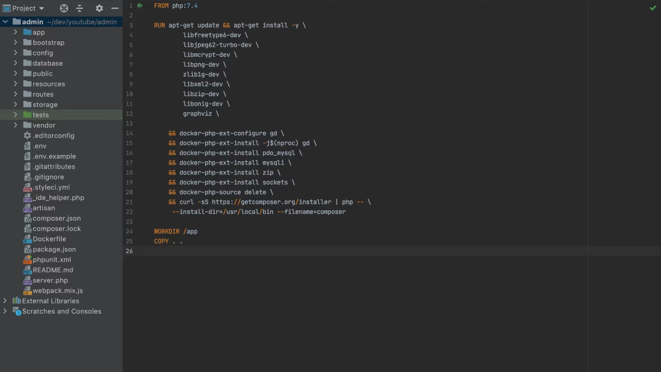Once I copied all the files, I need to run Composer install. So run Composer install. Once this Composer install has run, our app is ready to be executed, so we have to run another command here, which is php artisan serve,